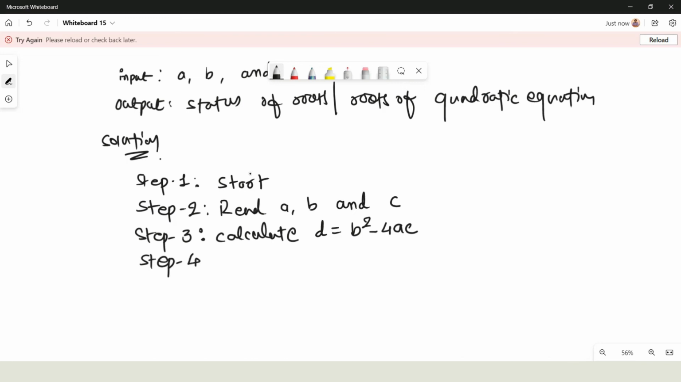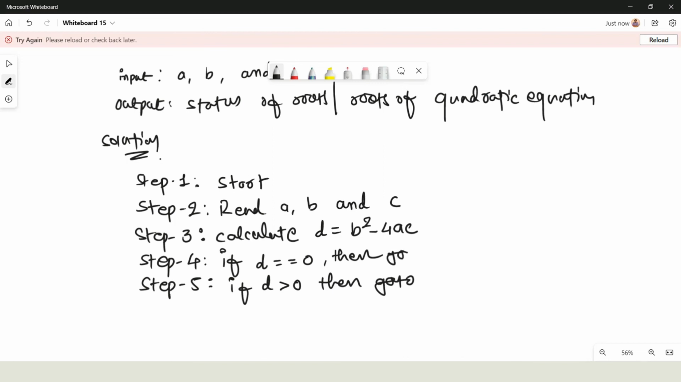Step 4, if d equal to 0, I will use equal to, right? Let me write again so that it would be very visible to you. If d equal to 0, that means the value of d is equal to 0, then root something else. Step 5, if it is not 0, and if d is greater than 0, then go to, oh I forgot to write go to. Then step 6, it is not equal to 0, it is not greater than 0, then the roots,